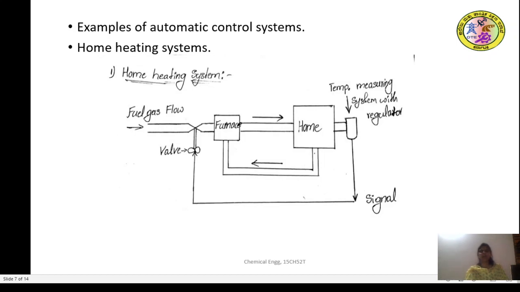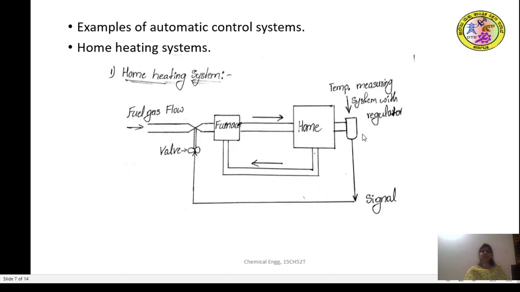So if the error is of +1 and it crosses beyond the set point, then the valve is closed automatically and the fuel gas flow to the furnace is also automatically stopped, and further no hot air is being sent into the home for heating purpose. If it is less than 25 degrees centigrade, the output value which is measured by the temperature measuring